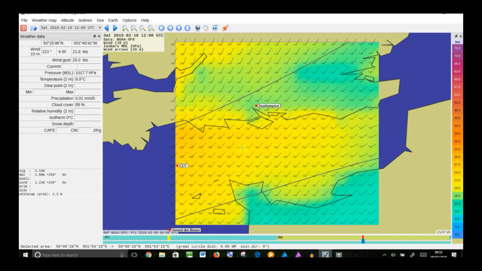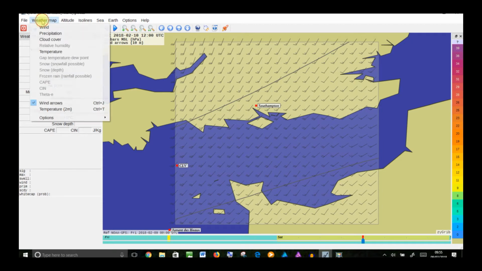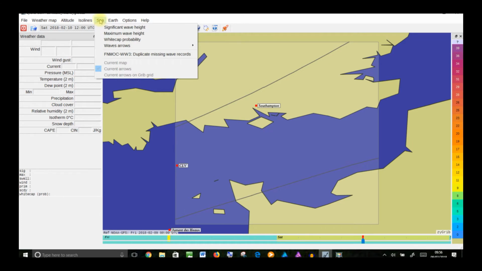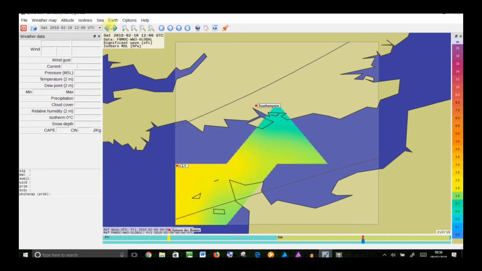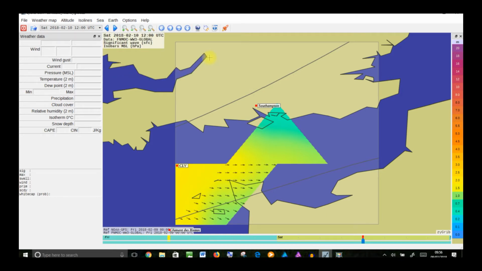Now, the other thing we can do is to have a closer look at this swell problem. So we go to the weather map, we switch off the wind colours, and we switch off the wind arrows. And we go along to the C one, and we ask for significant wave height, that's colour coded now, and we have wave arrows. Let's have a look at the swell first of all. And we can see that at that particular time there is a swell coming in from the west,